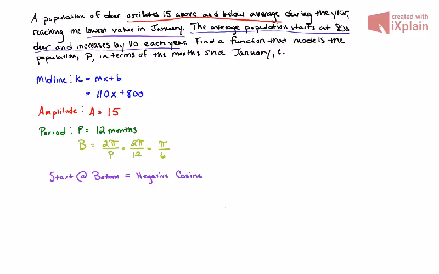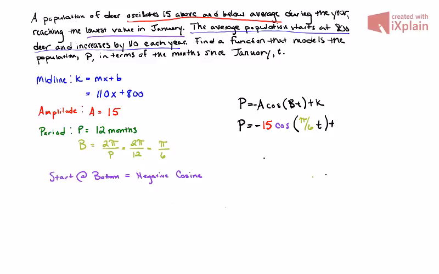So the general structure that we're looking at is P equals the amplitude times our negative cosine of b times t, plus our midline. So let's go ahead and drop everything in. So we'll have P is equal to, again, that negative is attached to the fact that it's a negative cosine. Our amplitude will be 15 cosine of our b, which in this case we said was pi over 6,